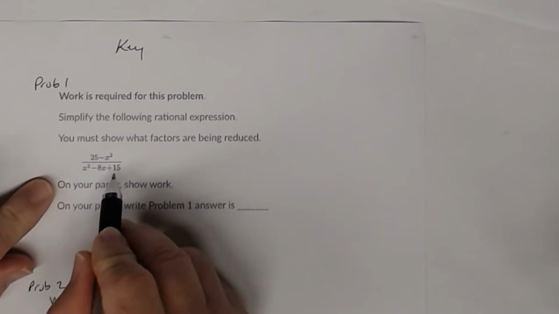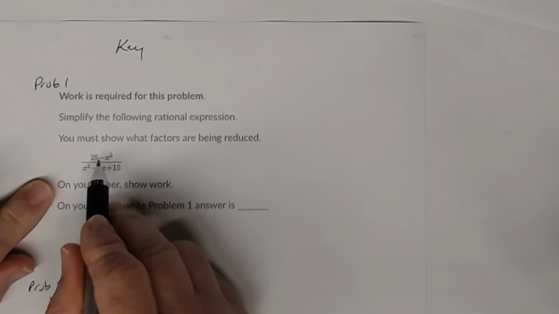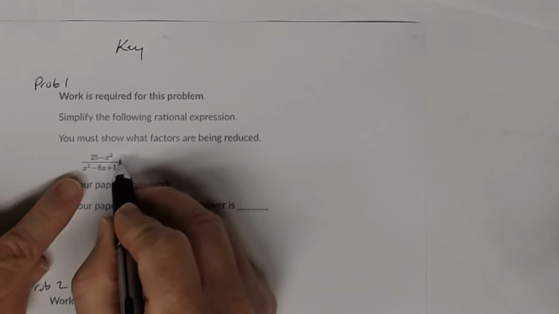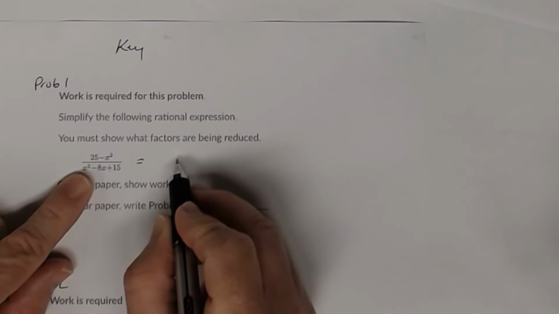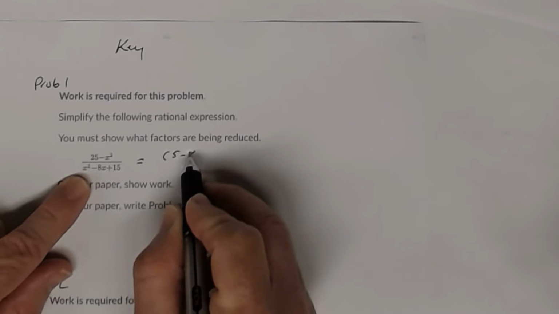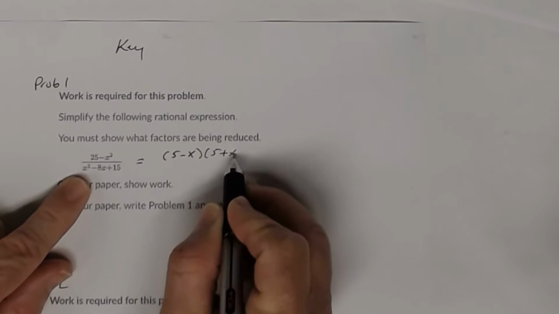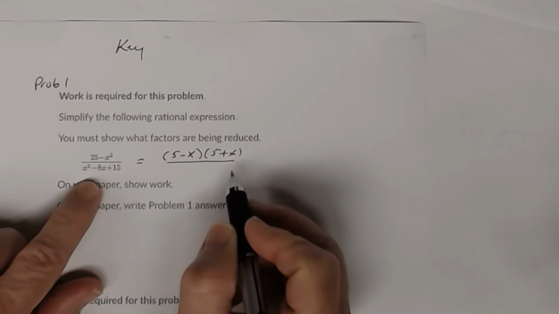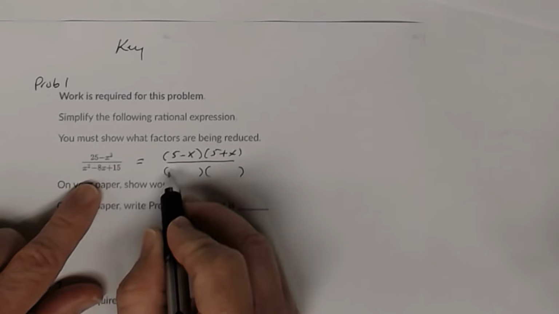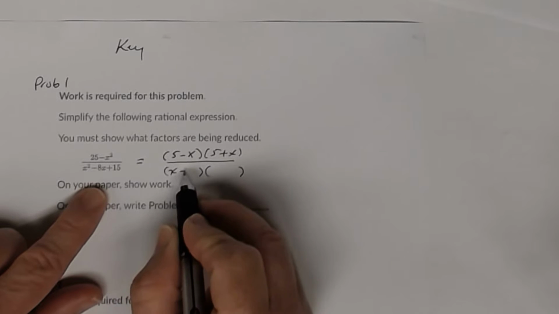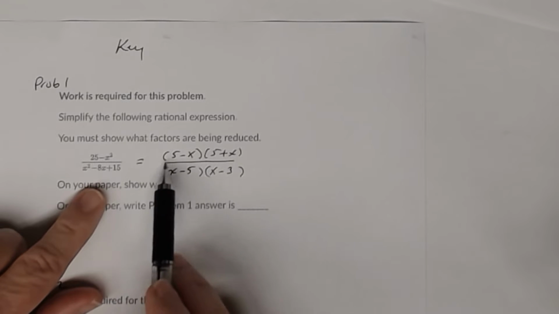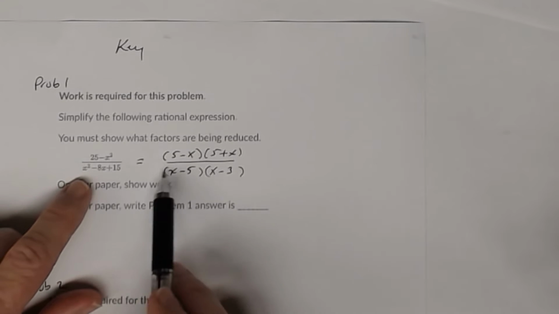So the first thing you need to do is to factor the numerator and then factor the denominator. In the numerator, you'll notice that 25 minus x squared is the difference of two squares. And so I can factor that as 5 minus x times 5 plus x. The denominator I can factor as the product of two factors. So I get, this is going to be x minus 5 times x minus 3. And so the first thing you have to do is to factor the numerator and the denominator, and that's what